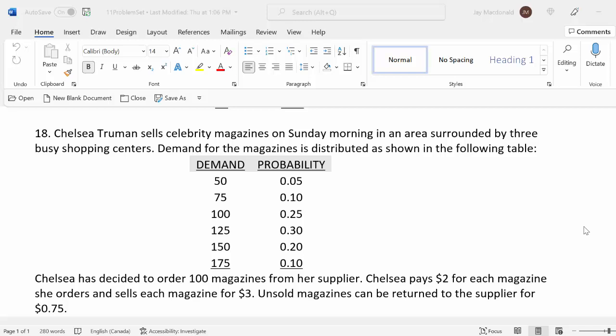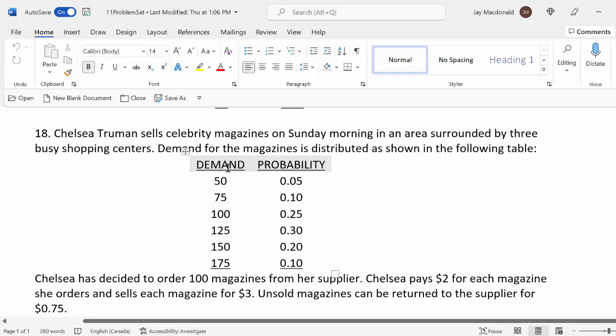So welcome back. Let's take a look at question 18, and this is at the end of chapter 10. So chapter 10, if you have the full version of it. So let's take a look at this question. So Chelsea is selling celebrity magazines every Sunday, and what she's done is she's collected, as you can see here,